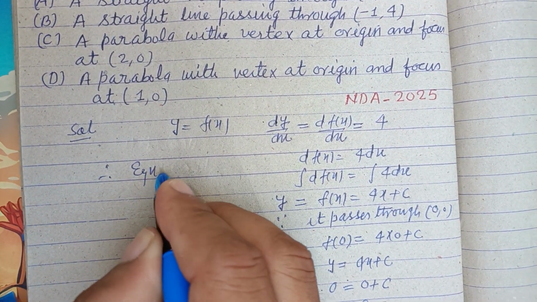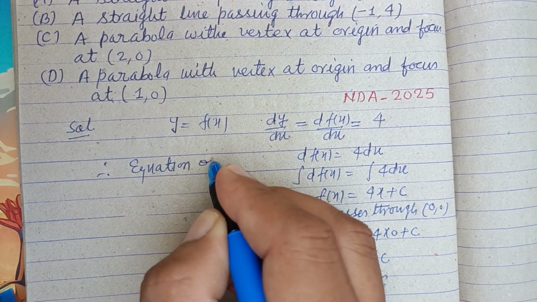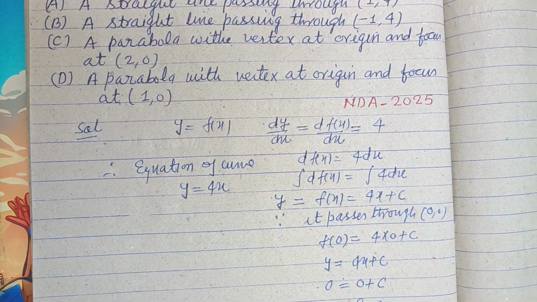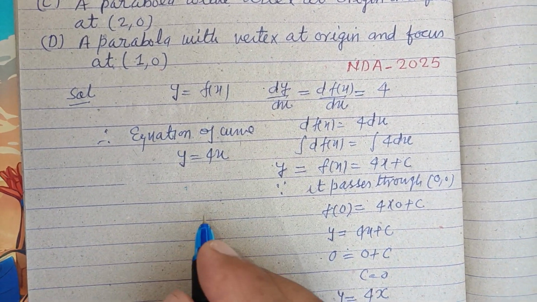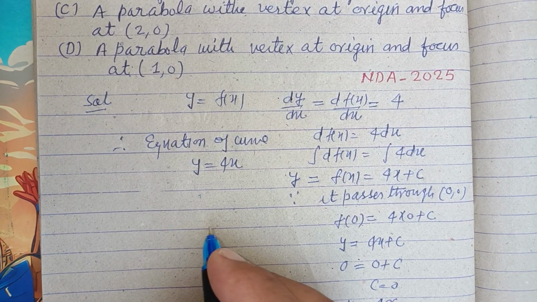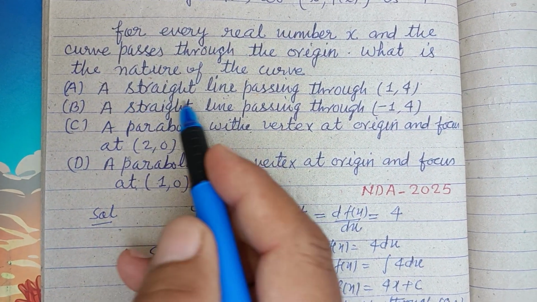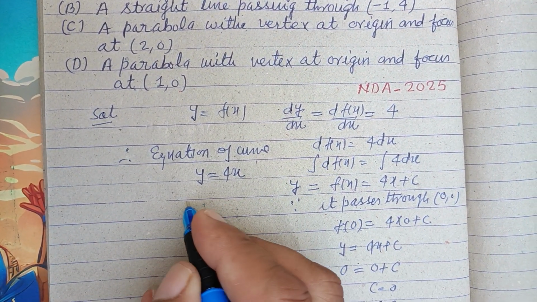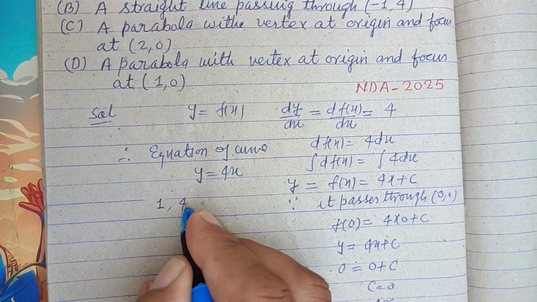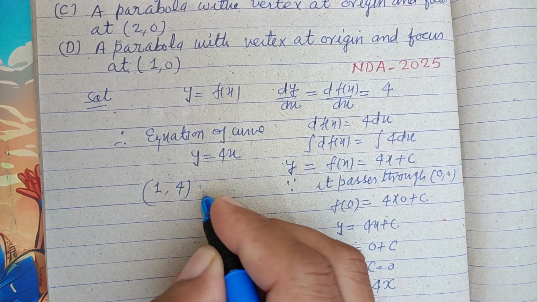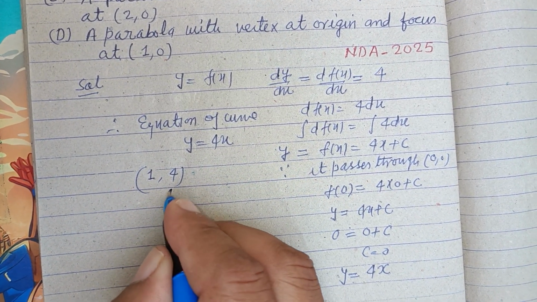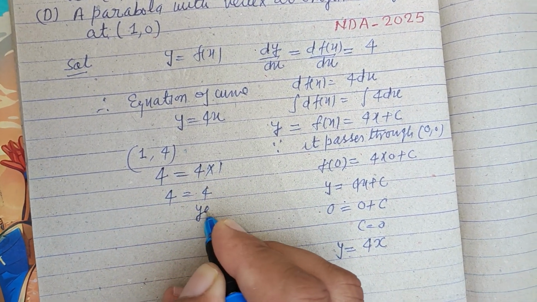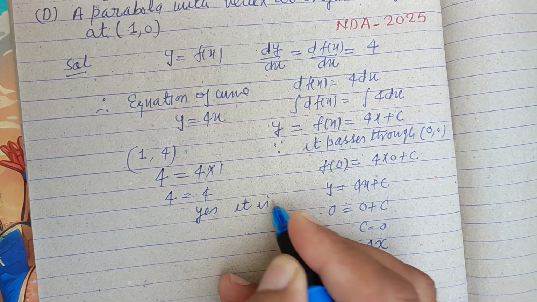Therefore the equation of the curve y equal to 4x, which is a straight line. Now a straight line passing through (1, 4). Now we check that it is passing through (1, 4). So putting this value, y equal to 4 and 4 into 1, that is 4 equal to 4. Yes, it is a line